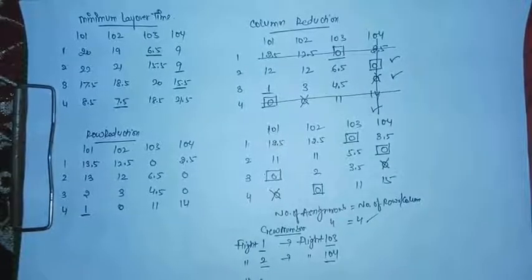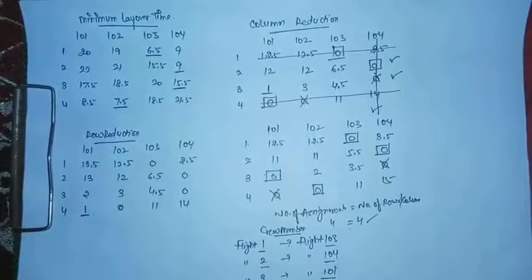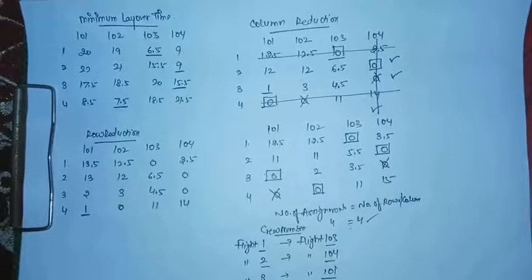Again, flight number 3's members will be assigned to flight number 101. Flight number 4's members will be assigned to flight number 102, and their minimum layover time will be